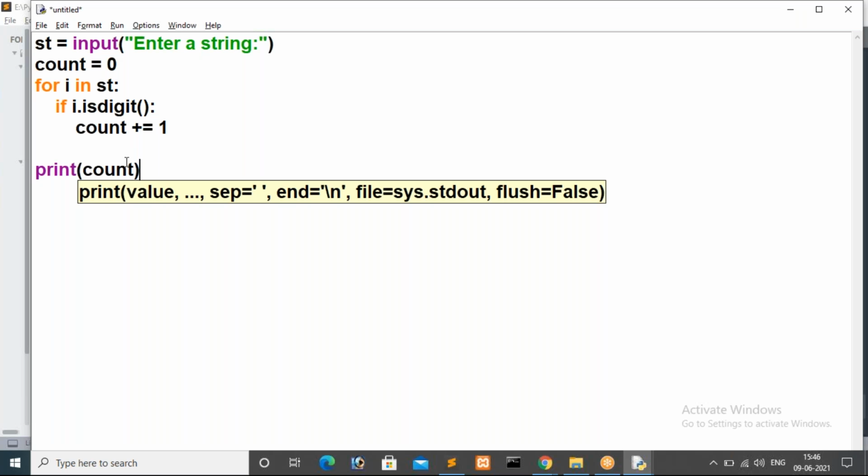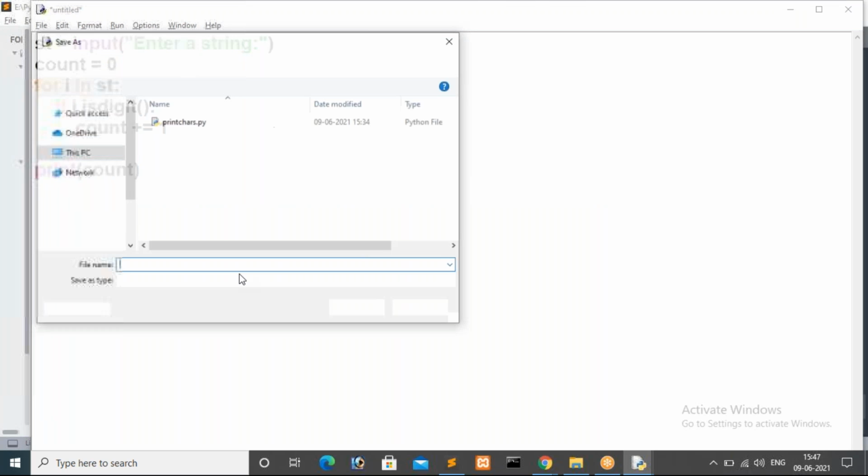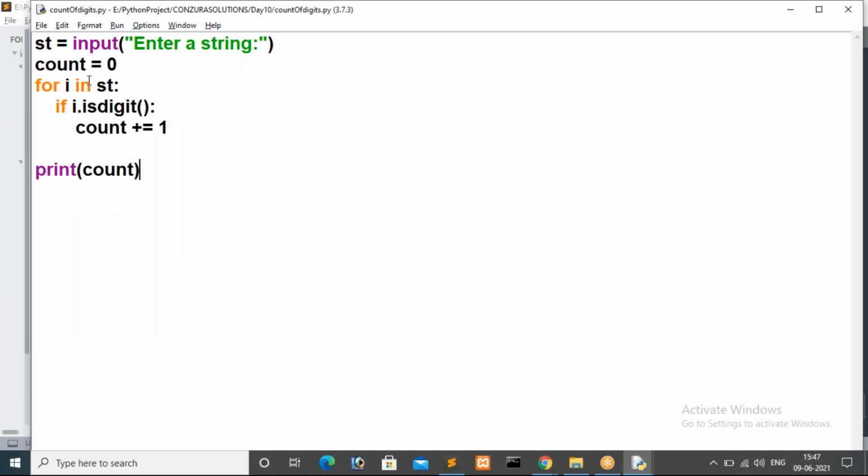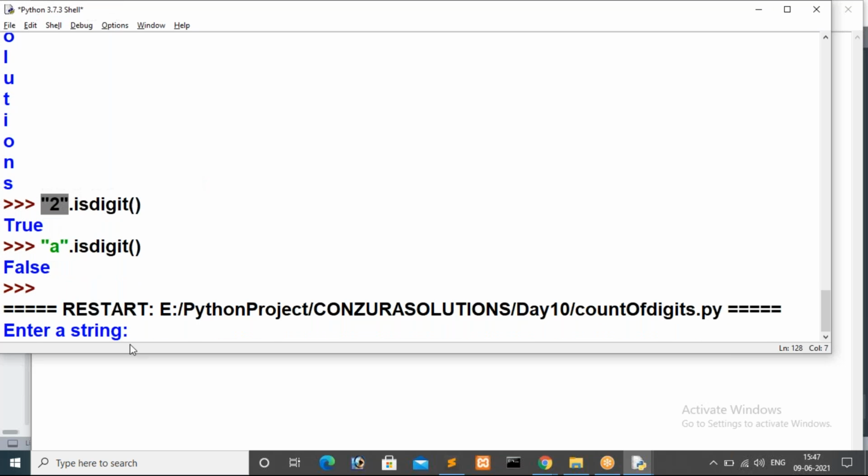Just see here, I'm going to save this file as count of digits dot py. Now you can observe, guys, I'm going to run this file, run module. It is asking for a string.